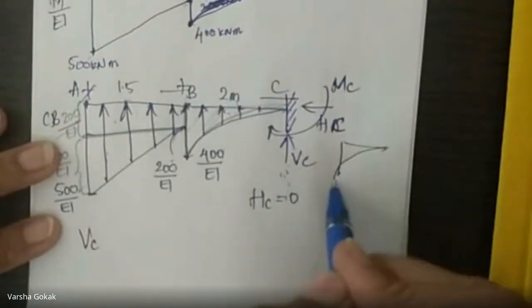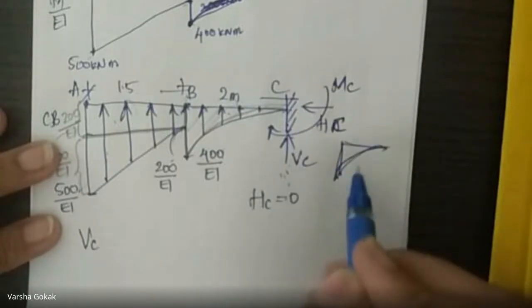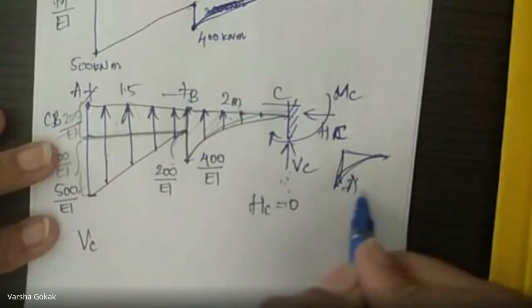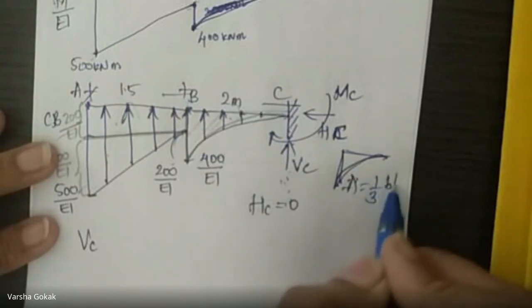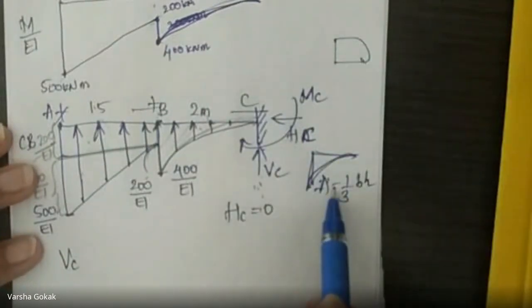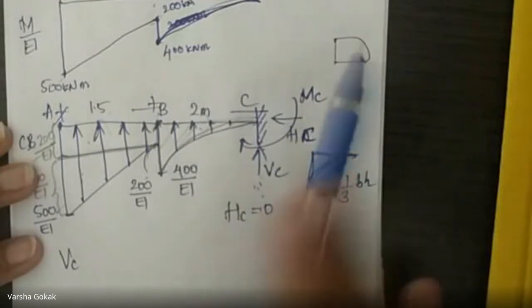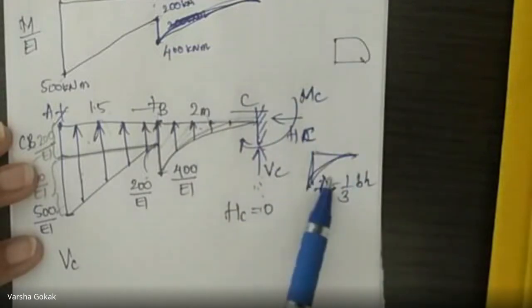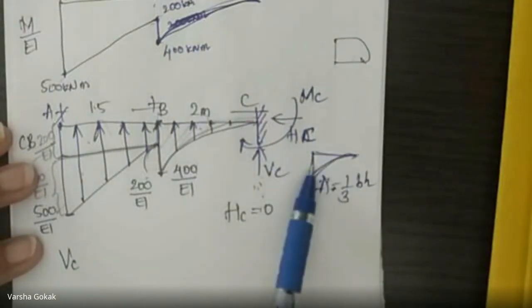Clear? Now when we have a parabolic figure like this, what is the area of this? It is 1/3 base into height. Yesterday what we saw was a cuboid like this. This figure is different, that figure is different, don't mix the two, right? This had a different area formula, this is a different area formula because this is coming like this, right?